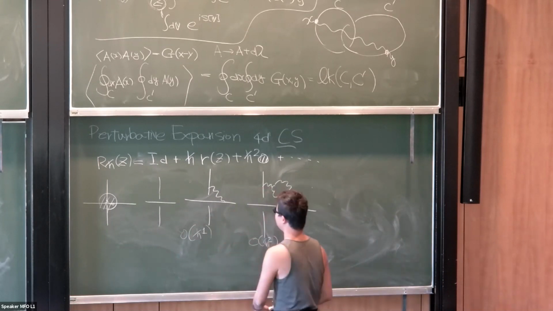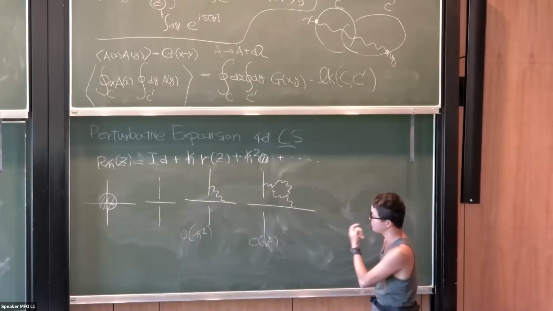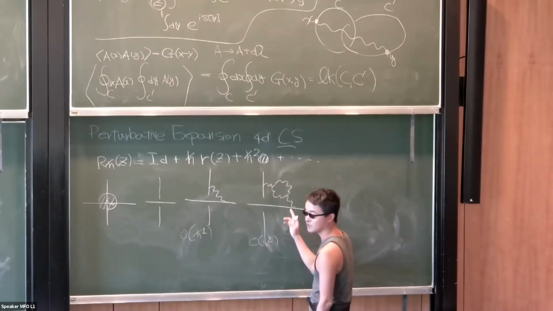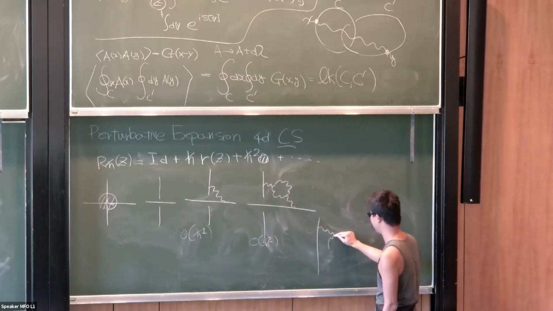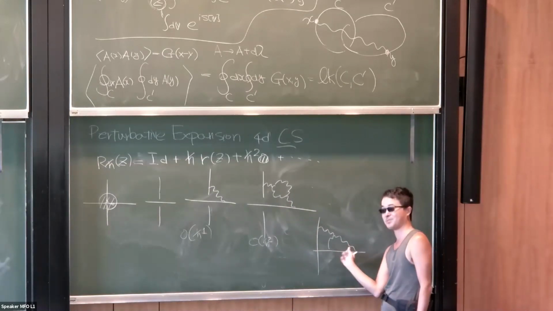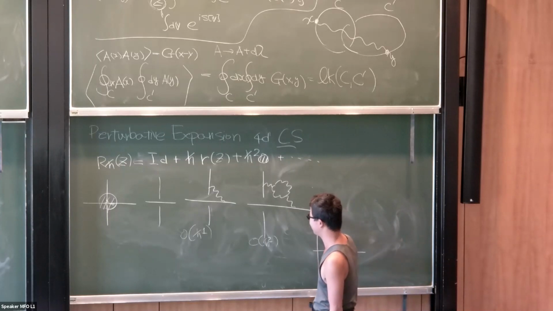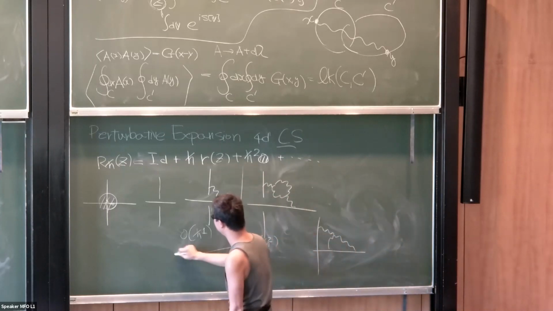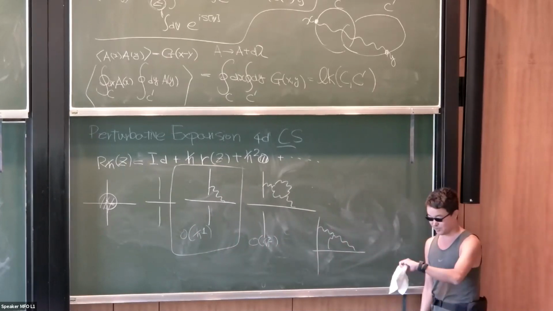A good way to memorize that is that there is a loop. In this case, there is a loop running in the middle, and whenever there is a loop, you get a higher power of h bar. And this is the only diagram. In fact, you might worry that there might be other diagrams. For example, you can have a diagram like this, but you can verify that for symmetry reasons, some of these diagrams actually cancel. But anyway, at the leading order, there is only this diagram. So that's the diagram we want to evaluate.